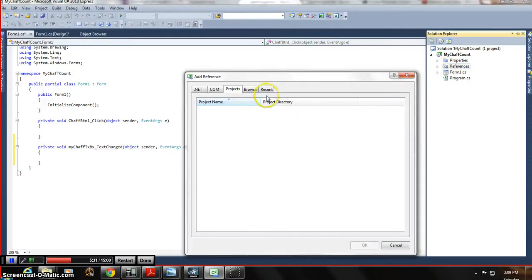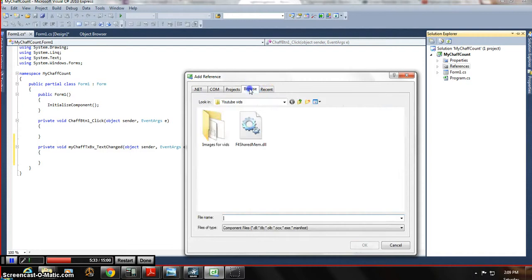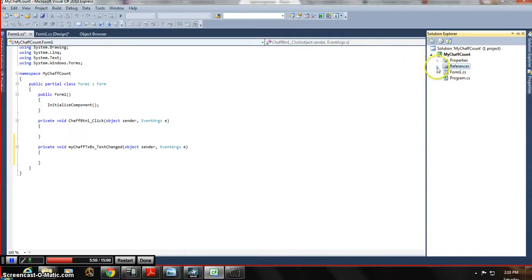You get this pop-up box. And you click on Browse, and then go find wherever that F4 shared mem DLL file is, wherever you stored it, and then you're going to click on that, and it'll open it, and it will add a reference. I've already done it, so I'm not going to do it again. But when you click on the file, it'll add a reference, and then you'll see when you come over here to References, click on the little triangle here, and